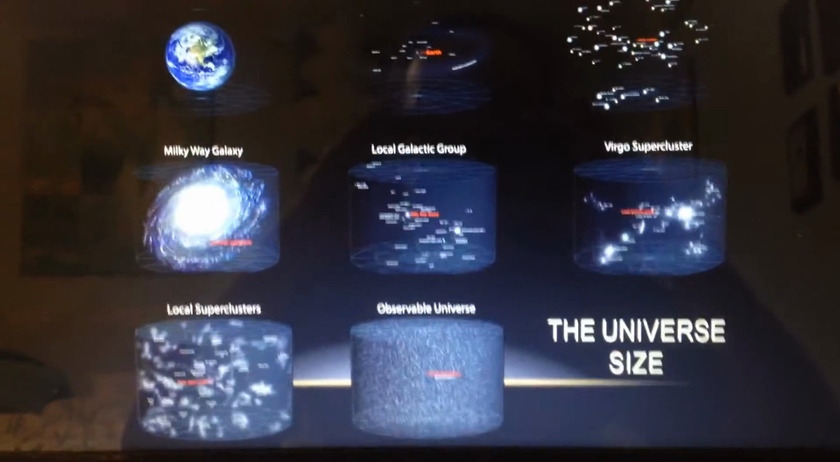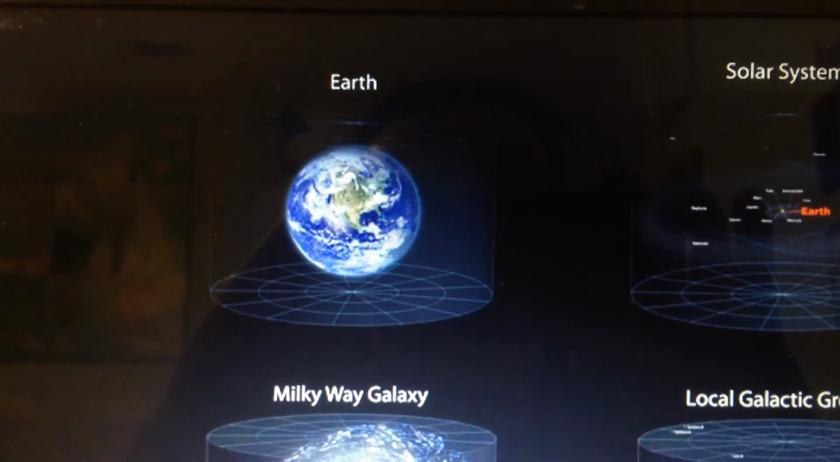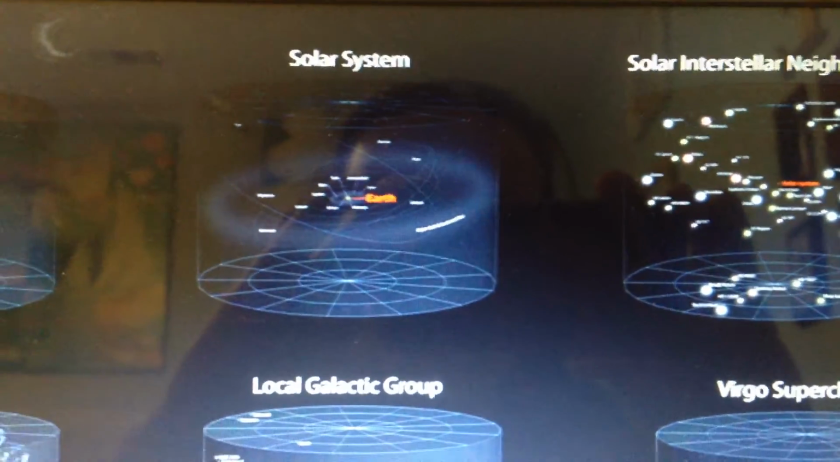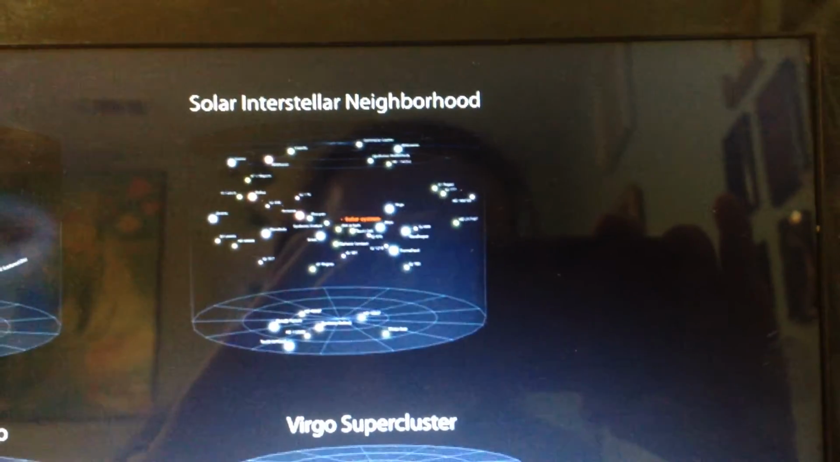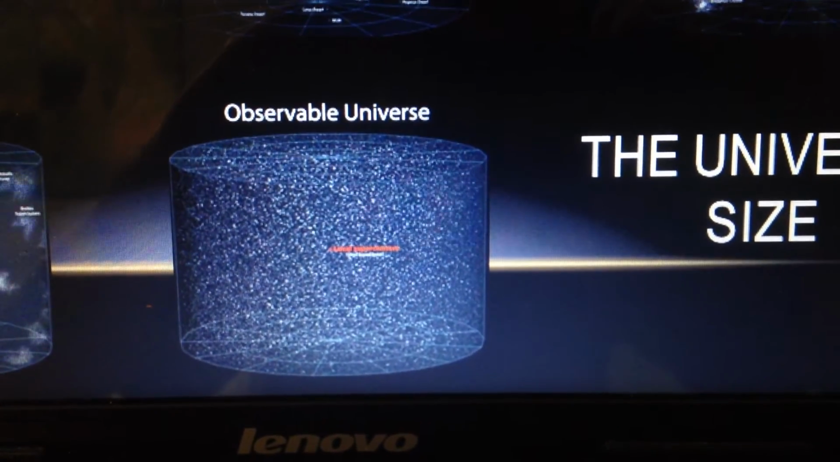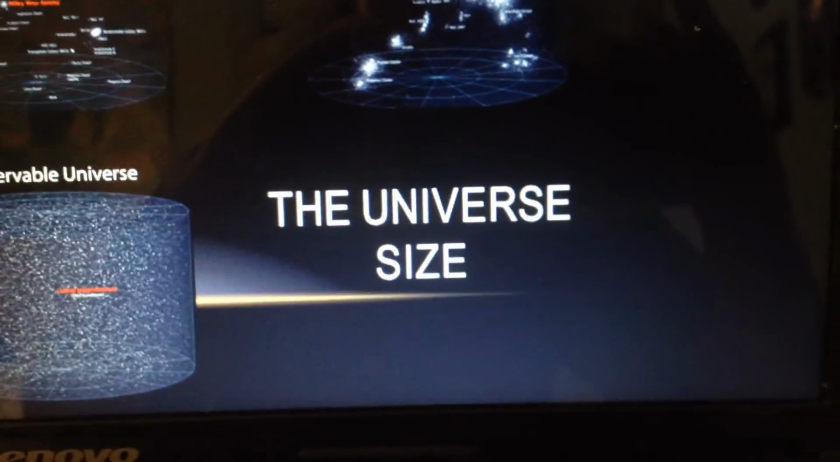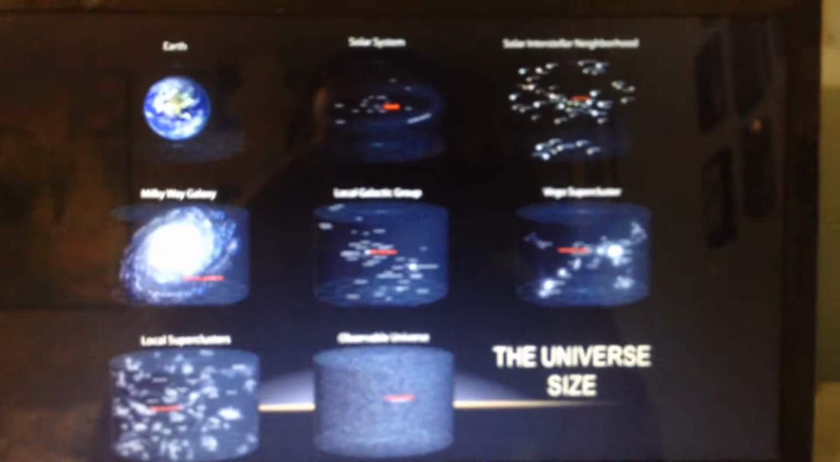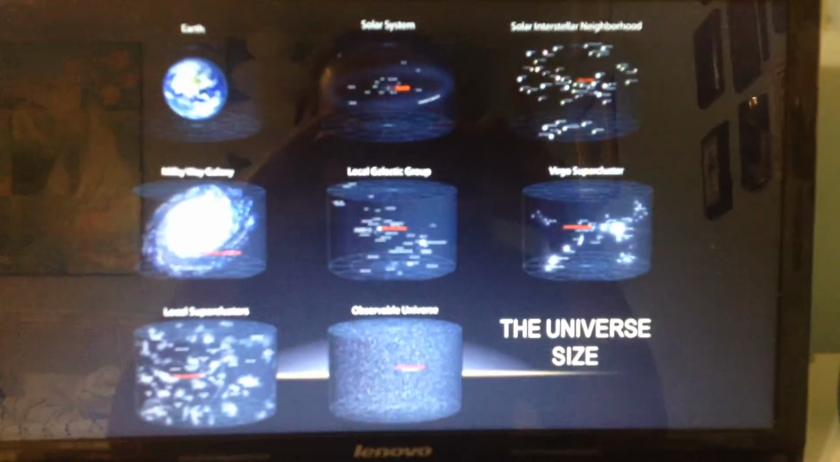Also, this is kind of a hard visual to see, but size ranging up in the galaxy and the universe. We have Earth, which is just a dot in the solar system, which is just a dot in the solar interstellar neighborhood, which is just another dot in the Milky Way, and furthermore, in the local galactic group, the Virgo supercluster, the local superclusters, and finally, the observable universe. So that's the size of our universe, and it's crazy. Just to look into some of the astrophysics behind it,